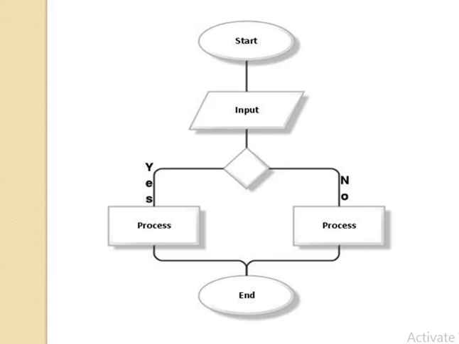Say start: if I'm going to start, the very first step is start, then I have to give a certain input. If the input is according to expectation, it goes to the next step, that is process, and then the process ends. If the input is not enough, there should be a no option, and the result shows that it ends, it does not have any output.